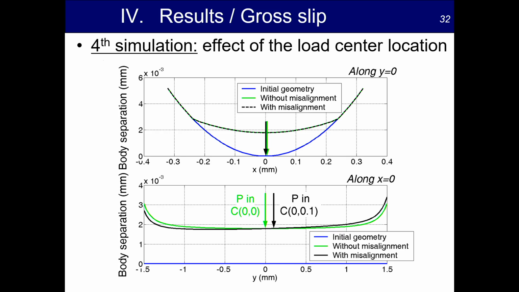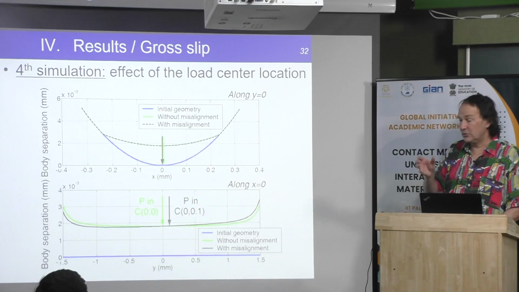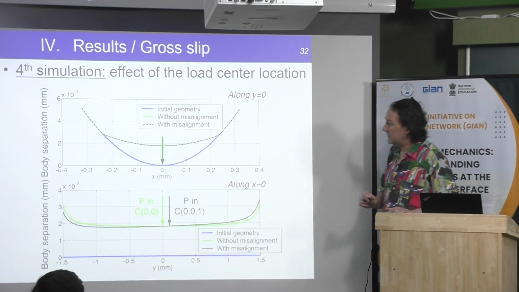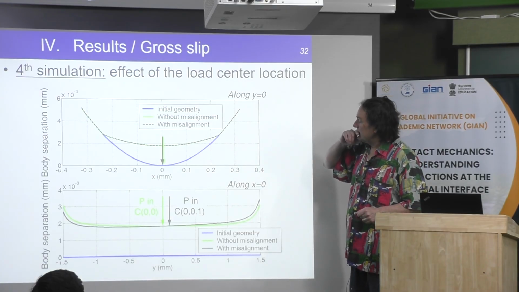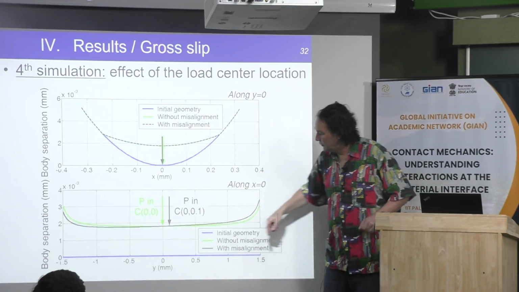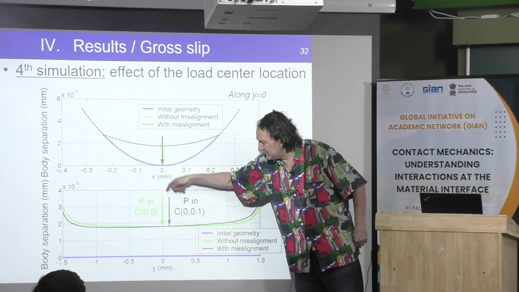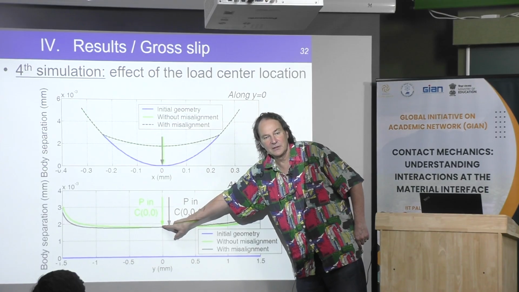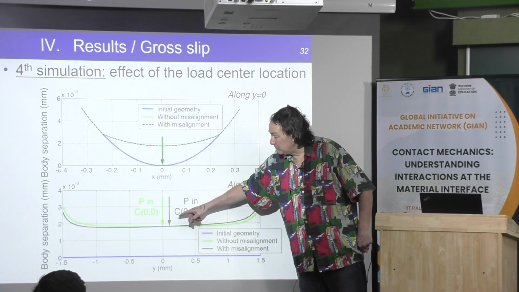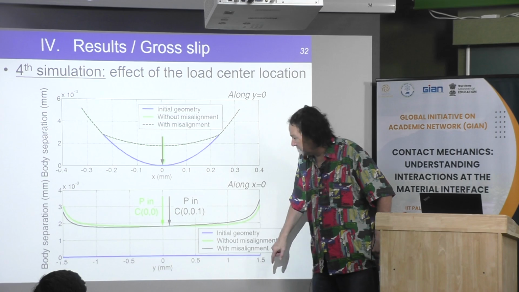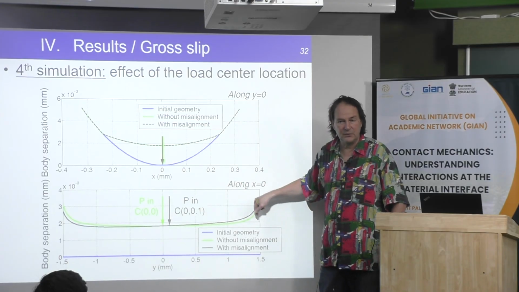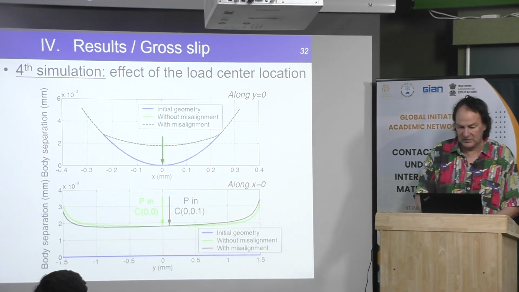This morning also I spoke about the torque, the balance of the torque. It's possible to consider the misalignment here. Then you can see this is the same simulation. However, this time we do consider that the normal load is not centered at the center of the contact. You can have an offset, okay, and if there is no offset, you can oblige the normal load to be at the center. If you have an offset, you can see that the wear is not symmetrical. Okay, then you have to be careful with that when you do the simulation.